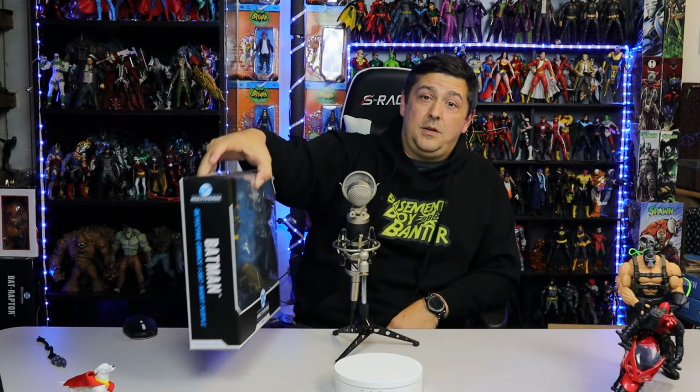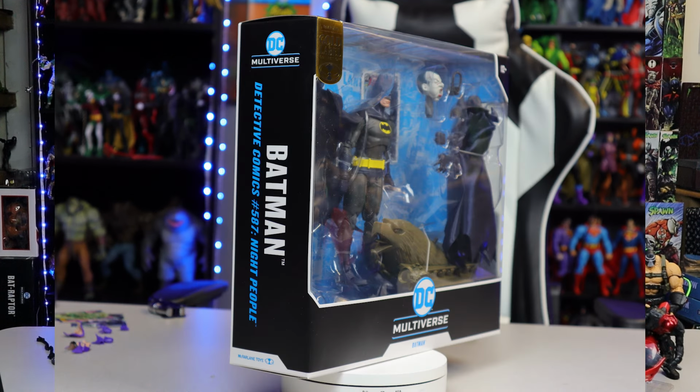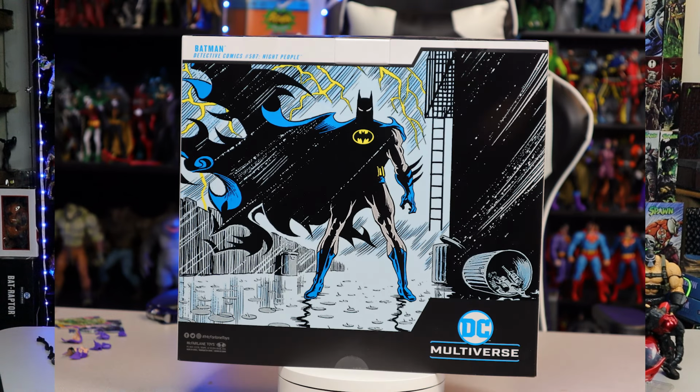I got another DC Multiverse McFarlane Toys Batman. No surprise, they do a lot of those, but it's Detective Comics 587 Night People. This is a pretty dope one. I didn't really know this was getting announced at the beginning of the year. It's one of the ones I saw on my leaked list, but when I saw it, I had to snag